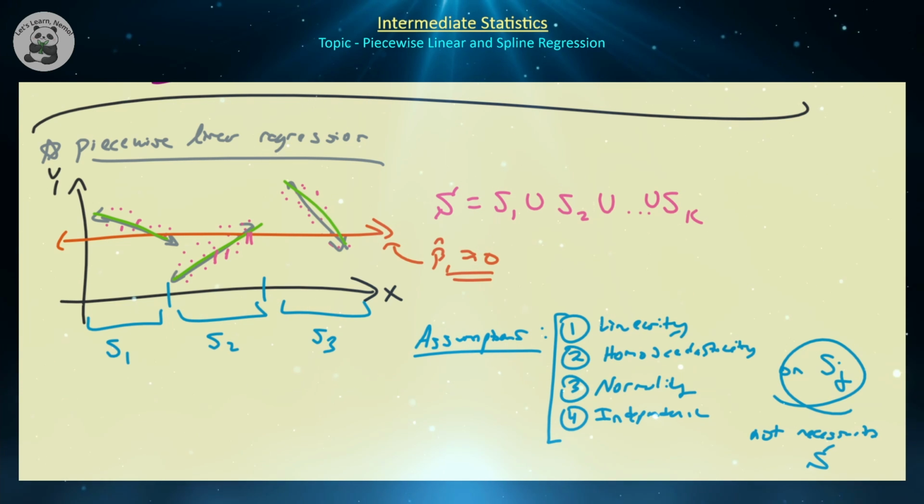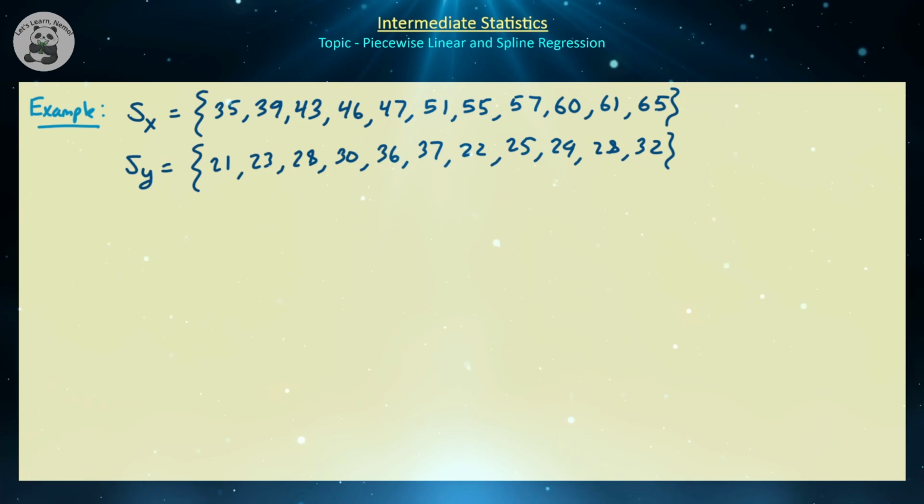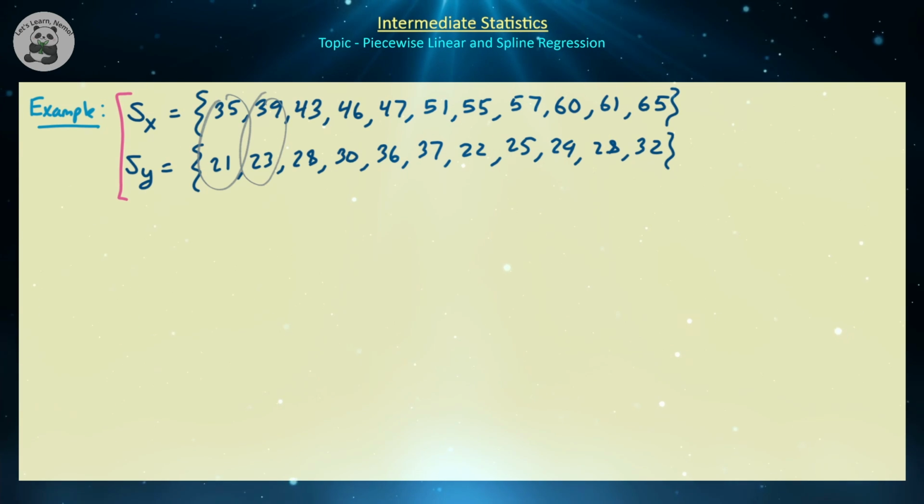Now that we know the basic ideas of what we plan to do, let's work through a particular numerical example. Let's assume that we have a set of bivariate data given by these sets above, where Sx is the x-coordinates, Sy is the y-coordinates, and these are ordered in the same exact rank as one another, i.e. 25 and 21 are linked together, 39 and 23 are linked together, all the way through to 65 and 32 being linked together. So you could fit a simple linear regression model on these two sets perfectly fine, but would that be